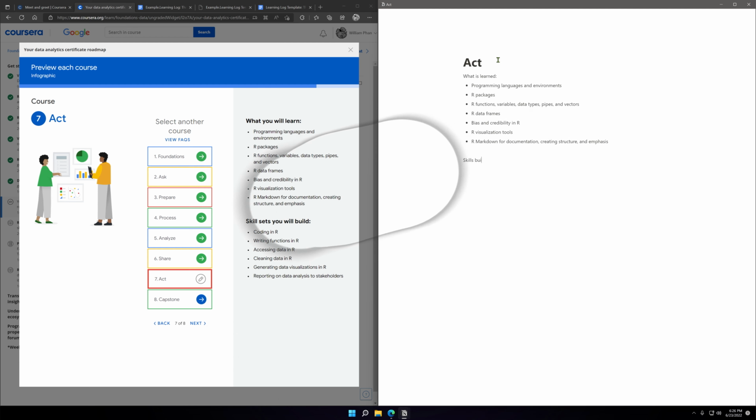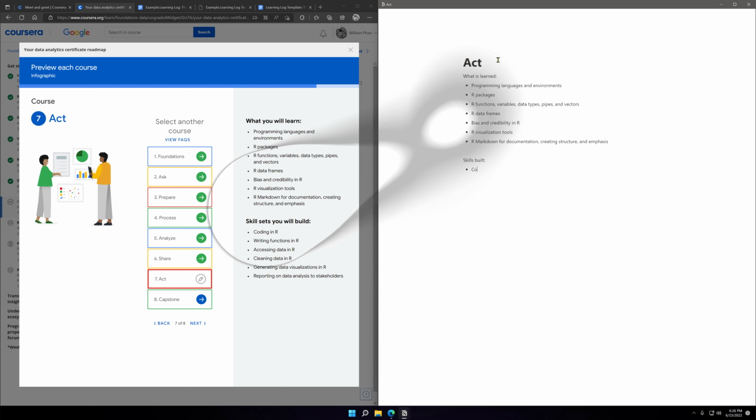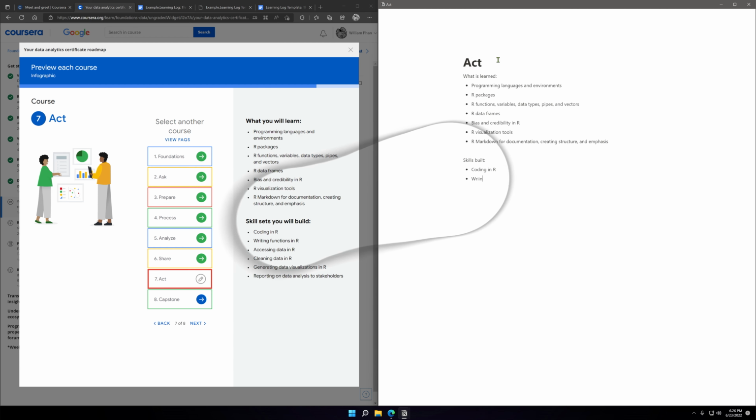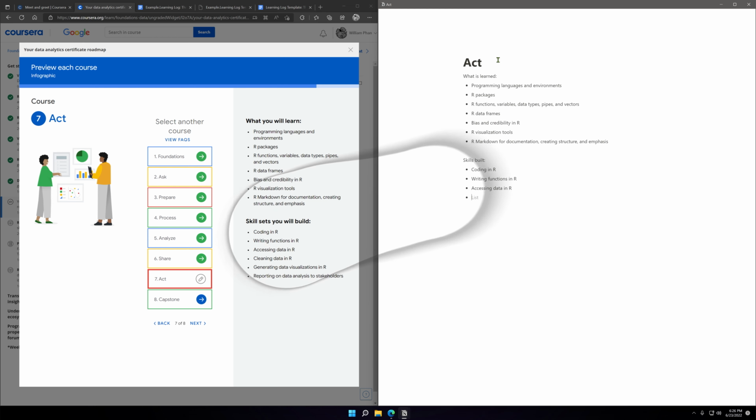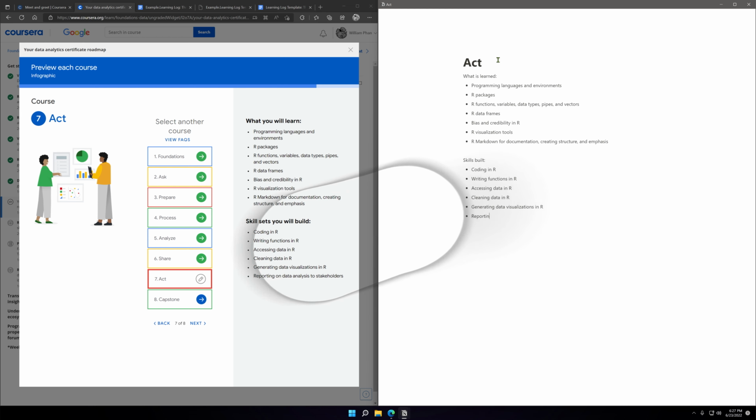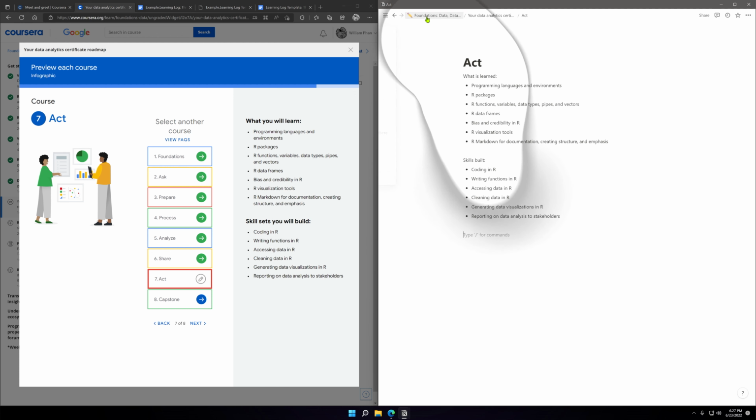Skills built: writing functions in R, assessing data in R, cleaning data in R, data visualizations in R, reporting on data analysis to stakeholders.